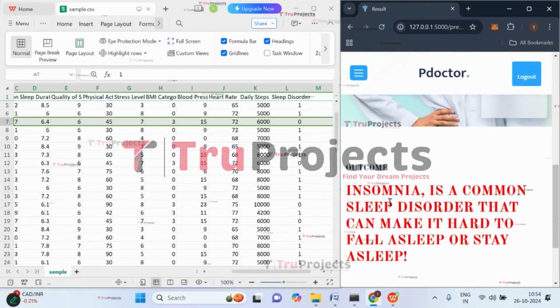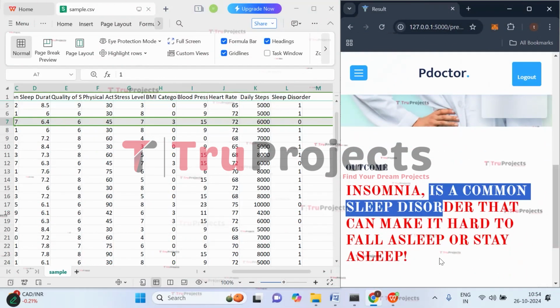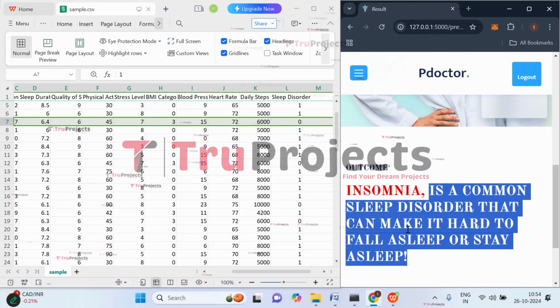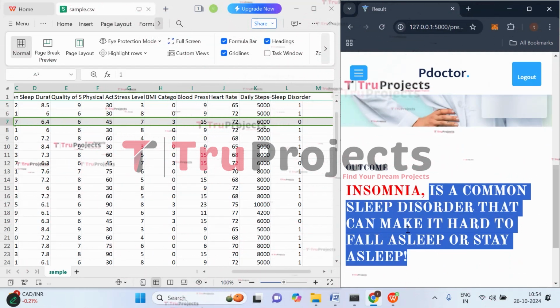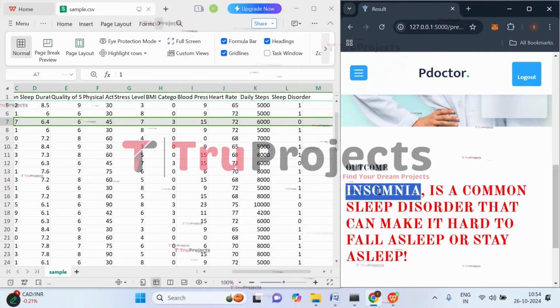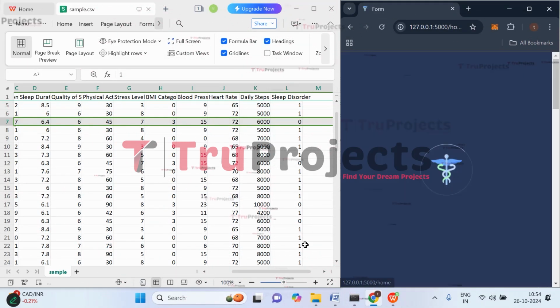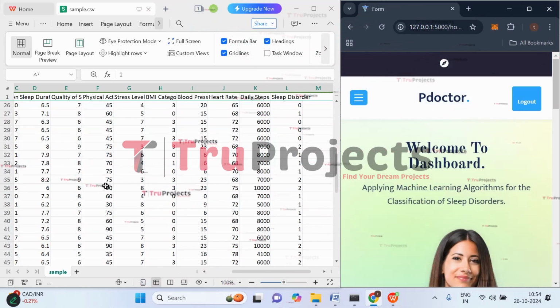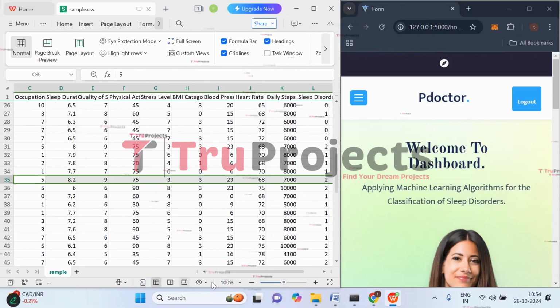So based on the given input, we got the prediction as the patient is suffering with insomnia, which is a common sleep disorder that can make it hard to fall asleep or stay asleep. Which means the person having insomnia will not be able to sleep properly. Let's try with the other test case. Click on predict. So let's try with this 34th test case